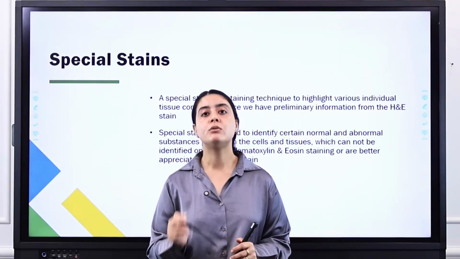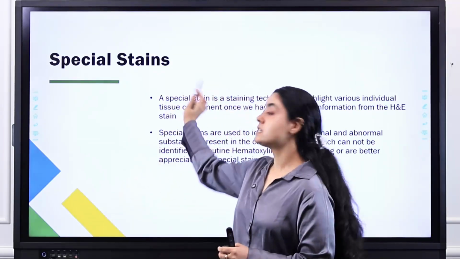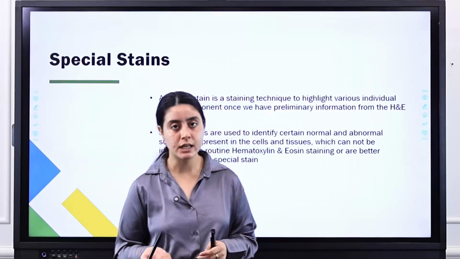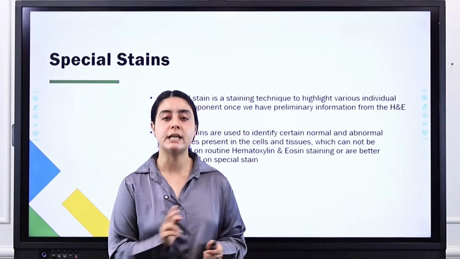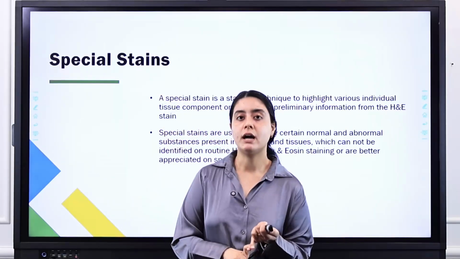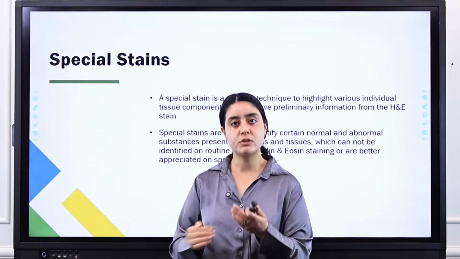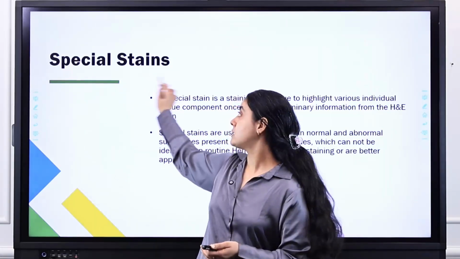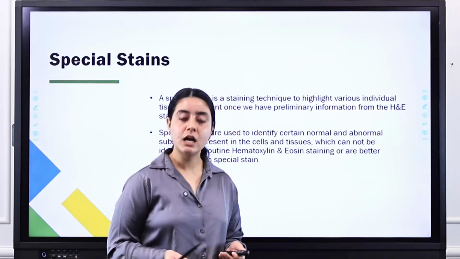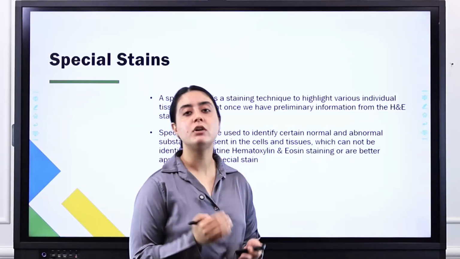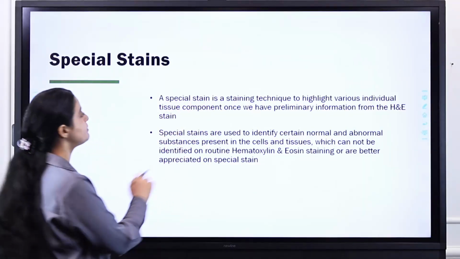Now today we are going to study further with part 2, which contains our special stains and some particular stains for particular materials. So today we are going to continue with the second part of unit 2, and the topic will be the same, the staining procedures in histopathology, but today we proceed with the second part, the special stains. Routine staining we have done. Now we will discuss what the special stains are, why we have to perform special stains, and what the classifications of these stains are. Okay, so let's start. Special stains.